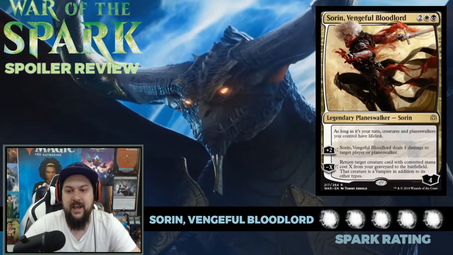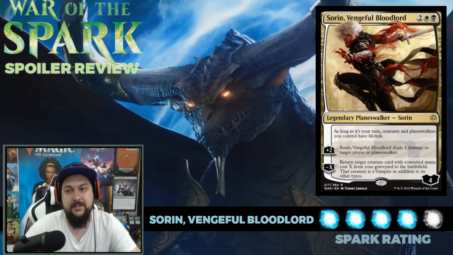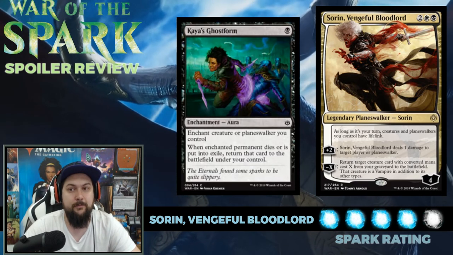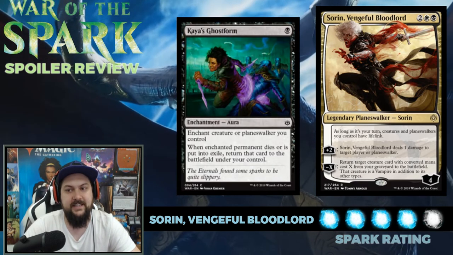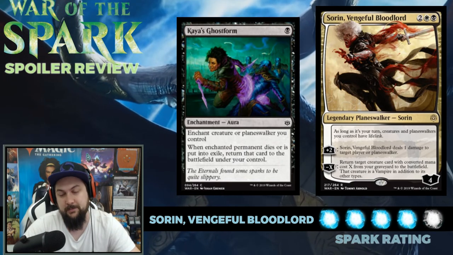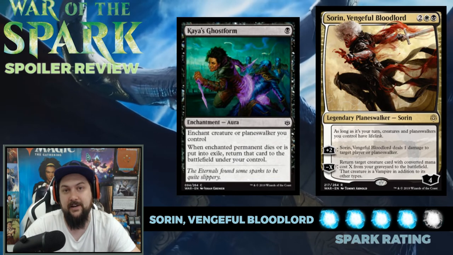I'm going to give it a 4 spark rating. I think this is definitely going to see some play in some mid-range strategies. Also worth noting that it combos pretty well with Kaya's Ghost Form. You can play your Sorin, put the Ghost Form on it, tick down -4, reanimating a 4-drop, Sorin dies, Kaya's